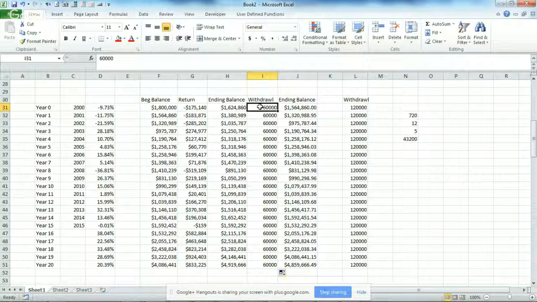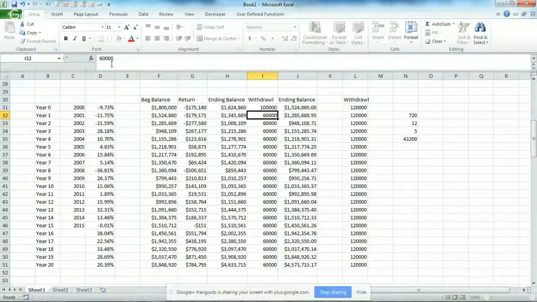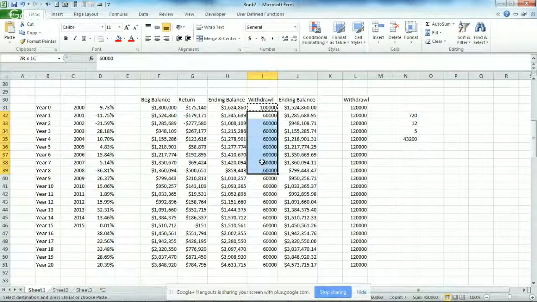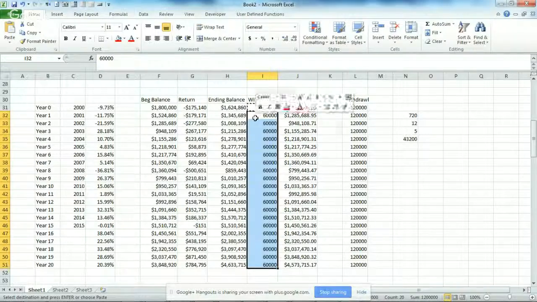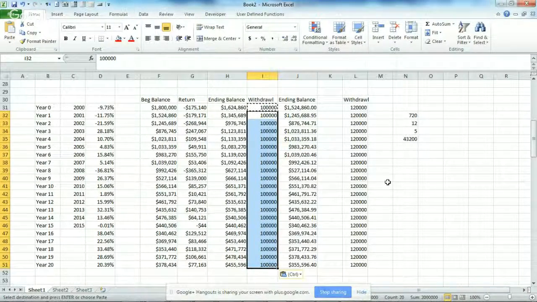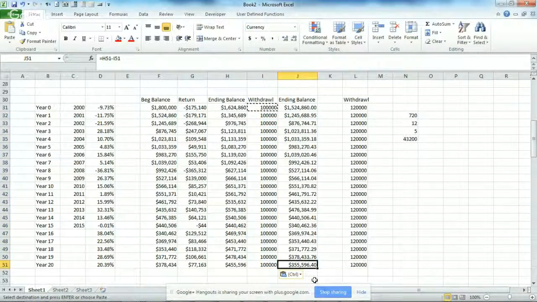But if you need more money, and if you're drawing, let's say, $100,000, let's see what $100,000 is. If you are withdrawing $100,000 a year, you will have about $355,000. This is assuming